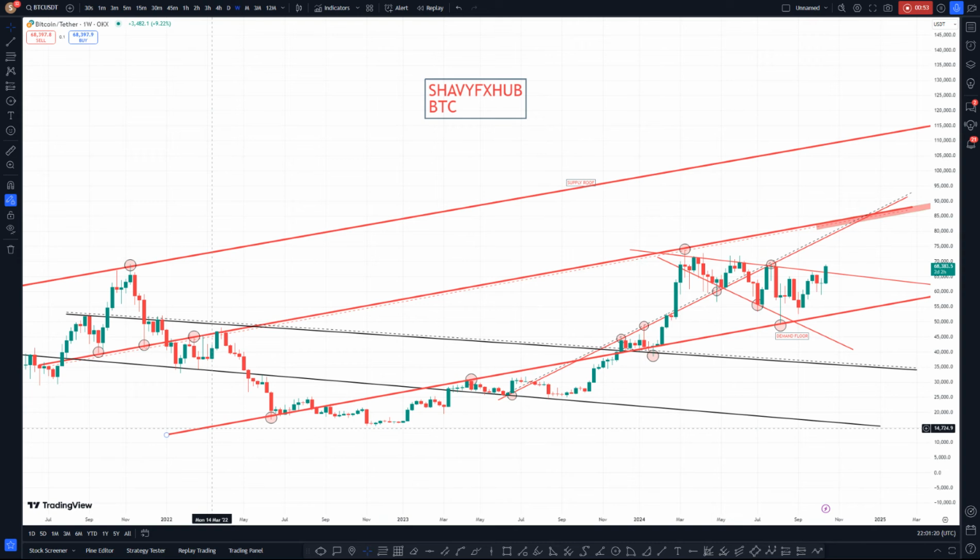What structure are we looking at? Support and resistance structure. When a support level is broken, we technically look at something, and when the resistance structure is broken, we technically look at something. So this is a weekly time frame. After the bearish fall, you can see here the market formed head and shoulder,